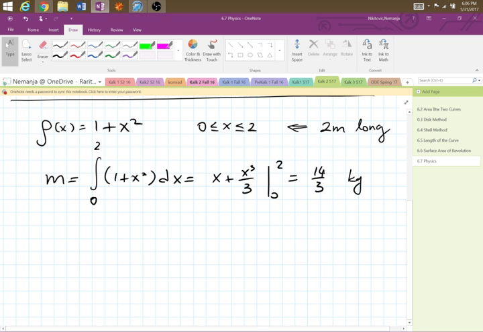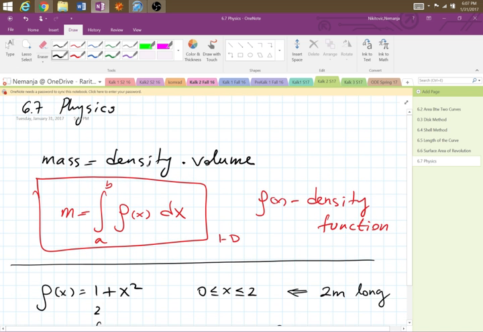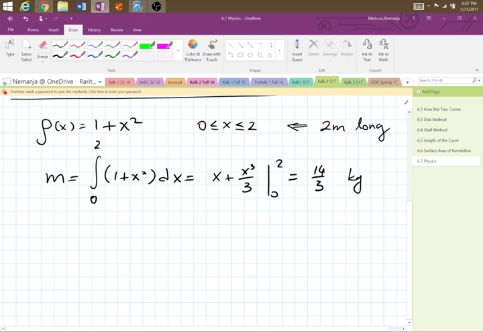Now, I want to see how this density is distributed. Because density is given as kilograms divided by units of volume, whatever units you use, meters cubed or liters, depending on which units you have as input. So I just want to draw this rod that starts at 0, ends at 2, has 1 somewhere along the line. And as I'm looking at the distribution of this density, at 0 meters, at the beginning of the rod,